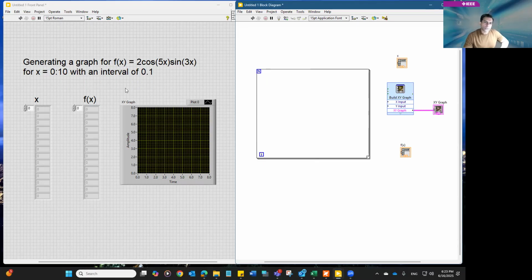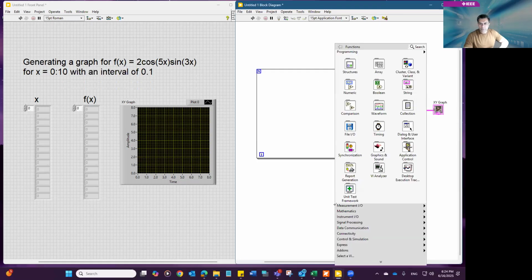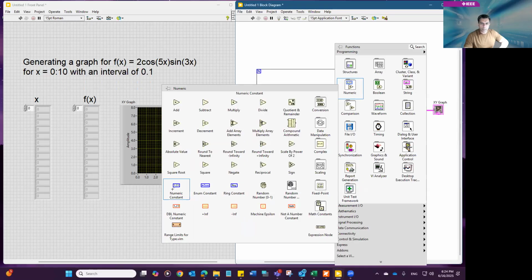We want to run it how many times? We want to run it for x equal to 0 to 10 with an interval of 0.1, which makes it 101 points. 0, 0.1, 0.2, all the way up to 10. That's going to make it 101 points. So this is what I'm going to do. I'm going to put a numeric constant